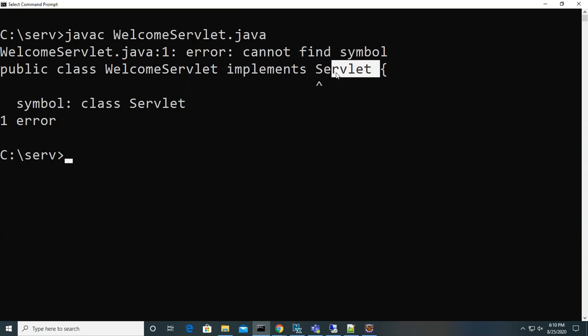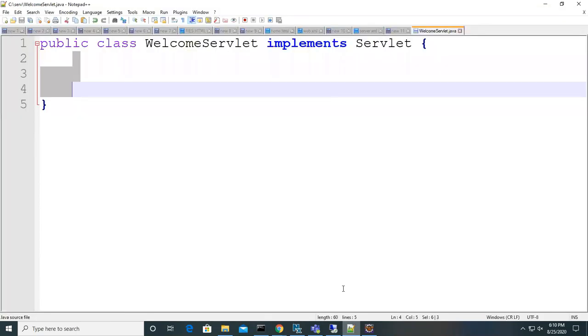It is not a part of the java.lang package. For the classes or interfaces in the java.lang package, the compiler picks them by default. For the remaining cases, it won't. So what do we have to do? In which package is this servlet, you have to import that interface.